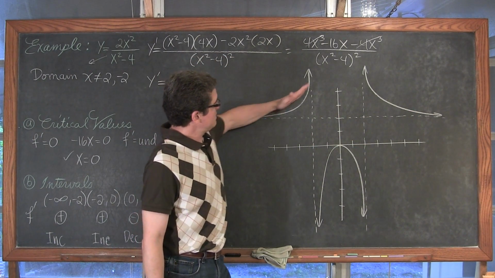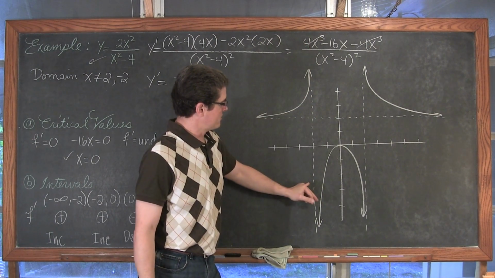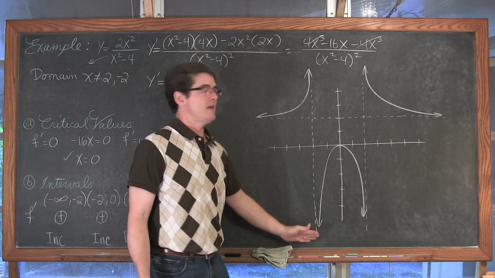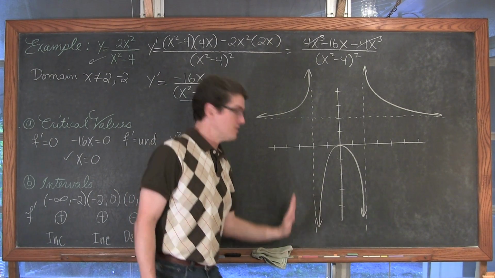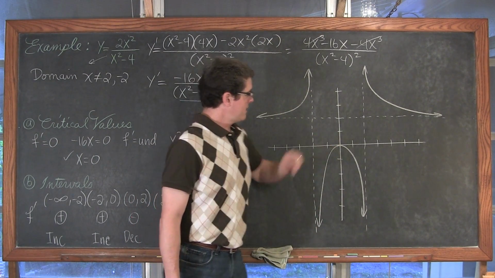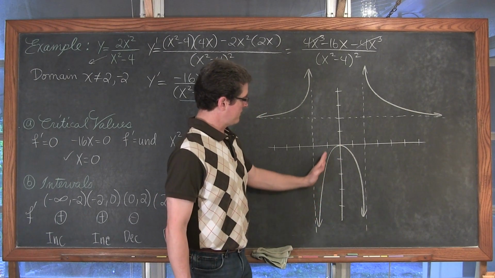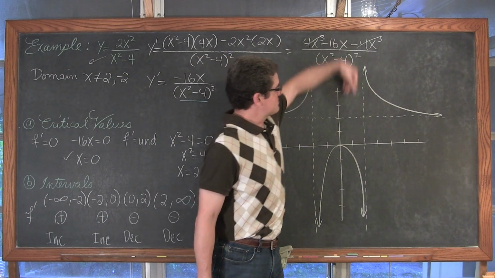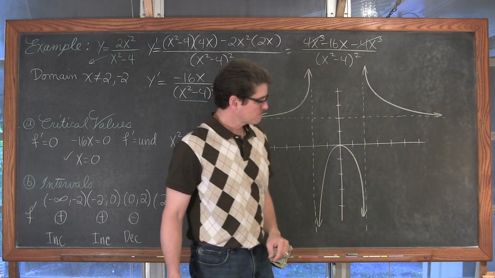And here we're increasing as we approach that first critical value of -2. We're coming from the opposite end, negative infinity instead of positive infinity, but the graph is still rising. And again, that's 0, 0, so we have a first derivative that goes from being positive to being negative. We get to the asymptote, and it continues to fall.